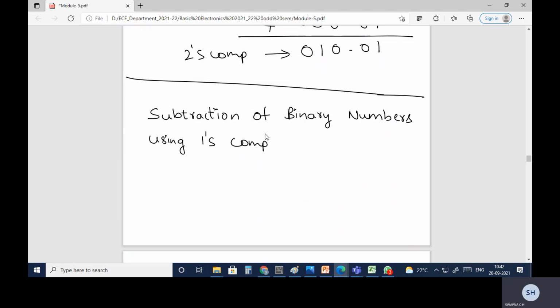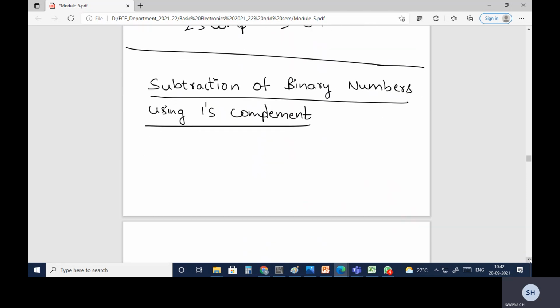This is the first method which we have. Now we'll see how to subtract two binary numbers using ones complement. In order to do this, we have some steps to follow.